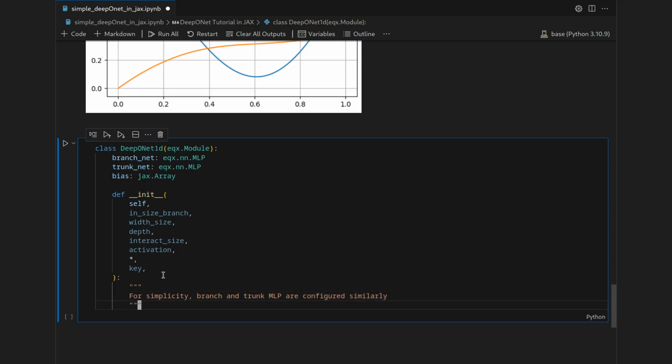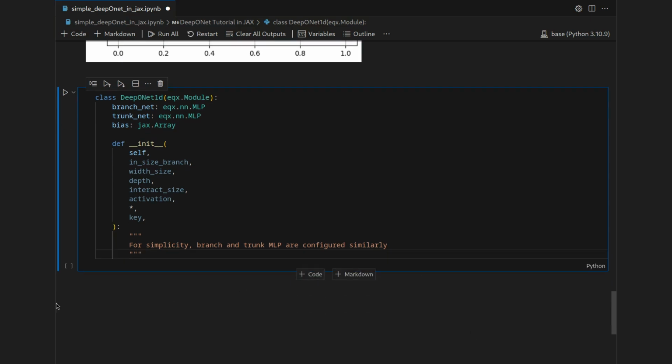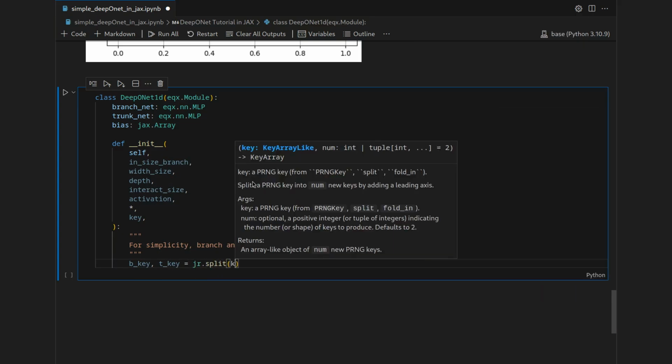Of course, you can do all kind of fancy things with DeepONets. You can also introduce convolutional architectures for the branch net, but here this is just the easiest example we can implement. Okay, then in the constructor, we can instantiate branch, trunk, and bias. So for this, we first have to split our random key into two separate keys for the branch and the trunk net. So let's say b_key and t_key is jr.split on the key,